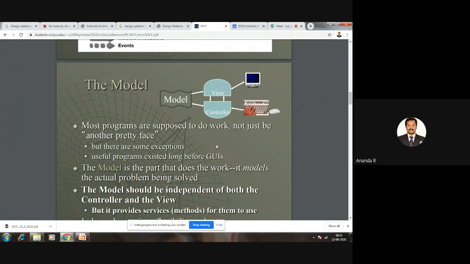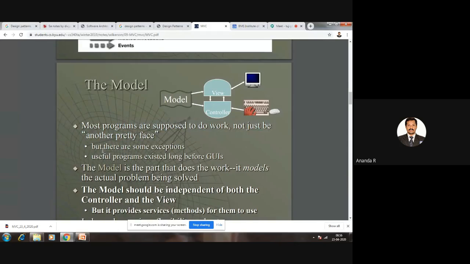That is the first point. In the model, no component is simply created. All the components inside the model are created for a reason. That is what is meant by programs are supposed to do work, not just be another pretty face.